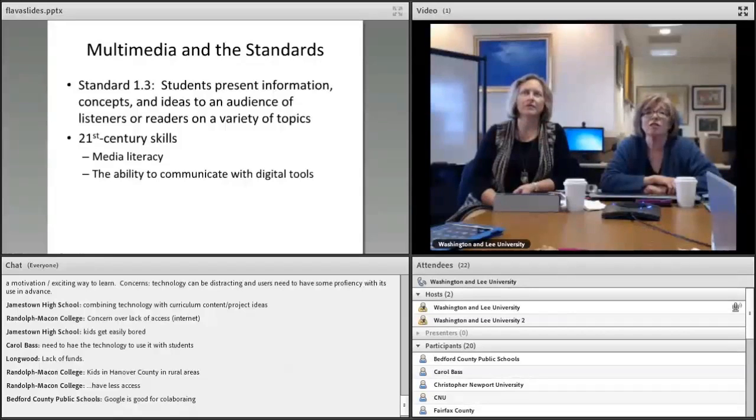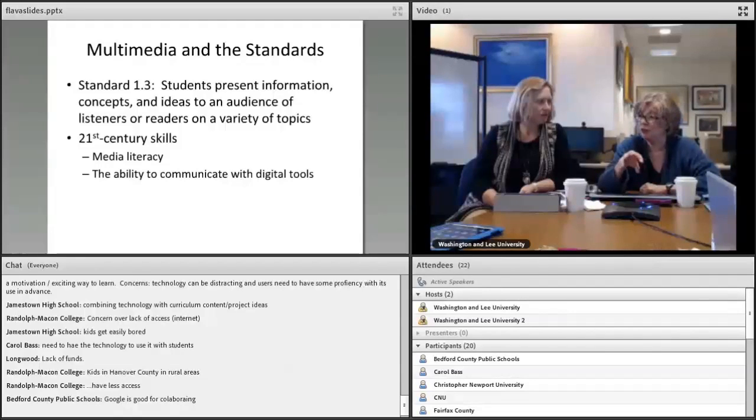And of course, then the 21st century skills that somebody mentioned here, media literacy. What kinds of images are appropriate if you're using images and video clips and things? What kinds of impressions are they conveying? One of our examples is about the Holocaust, and the other one's about the fall of Berlin.